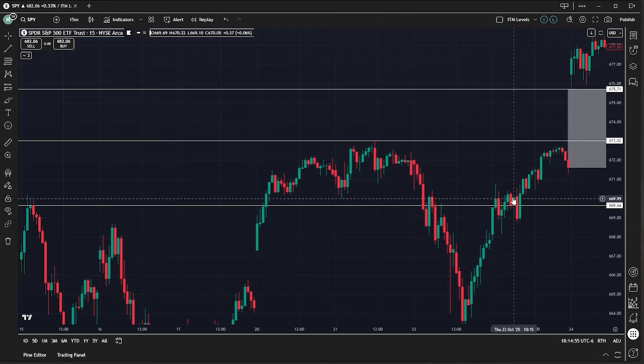I just don't really like this candle right here because it just looks like a liquidity sweep before taking out calls real quick. So